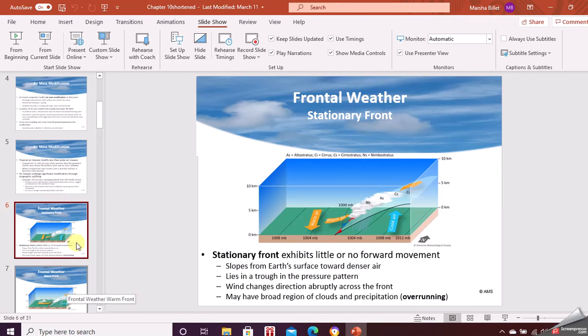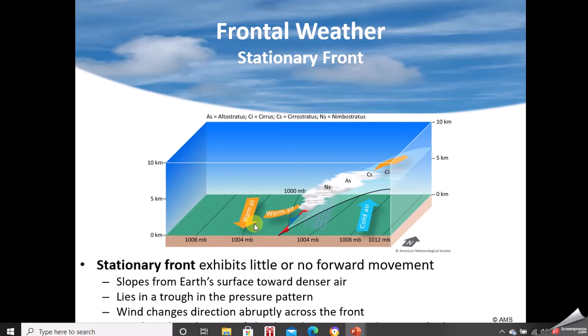So if we continue on with this, also remember warm air always is rising up over cold air. Remember, warm air is lighter. So on a stationary boundary like that, the clouds are going to tend to be to the north of the boundary, while the south of the boundary is going to have more sun. Now, right along the immediate front, maybe a lot of thunderstorms.